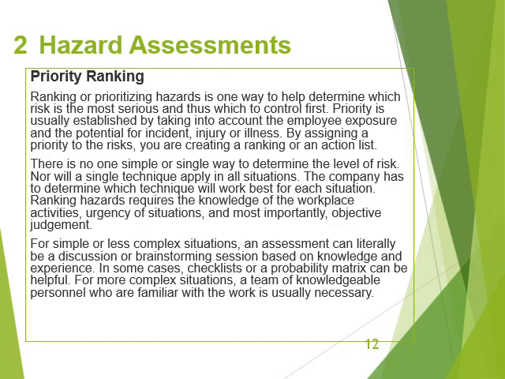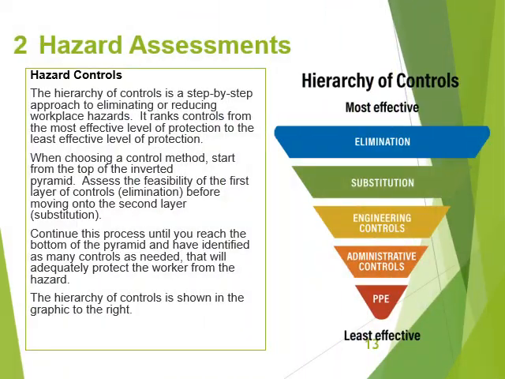Hazard controls. The hierarchy of controls is a step by step approach to eliminating or reducing workplace hazards. It ranks controls from the most effective level of protection to the least effective level of protection. When choosing a control method, start from the top of the inverted pyramid, assess the feasibility of the first layer of controls, elimination, before moving on to the second layer,